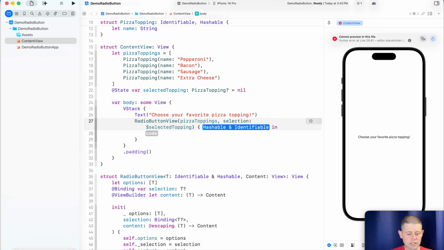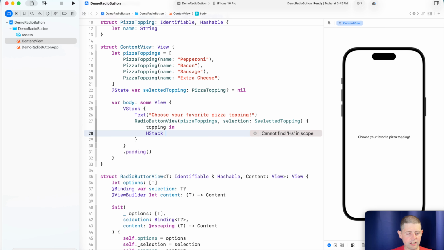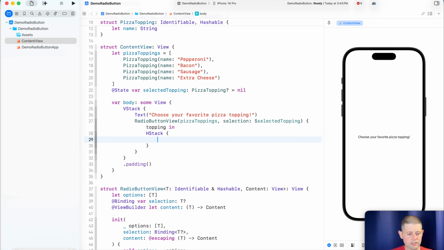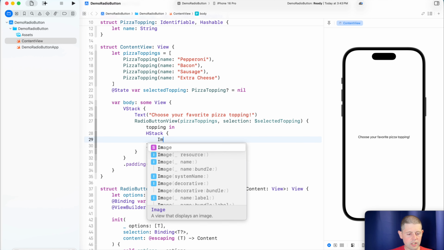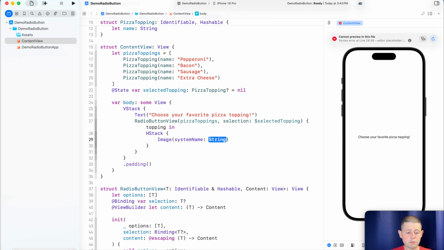So let's say that our view takes a topping, and then we'll pass into that an HStack, and this HStack will have an image with a system name. This system name will vary, so if the topping is equal to our selected topping, then we want to display